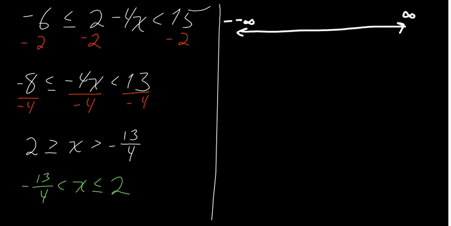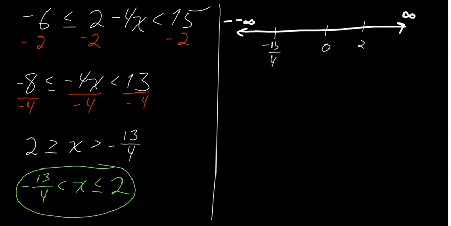We need a 0 and a 2, so we put 2 over here, negative 13 over 4 here, and we'll put the 0 here. If I were to write this on a number line, what this solution is saying is that x is going to be between negative 13 over 4,